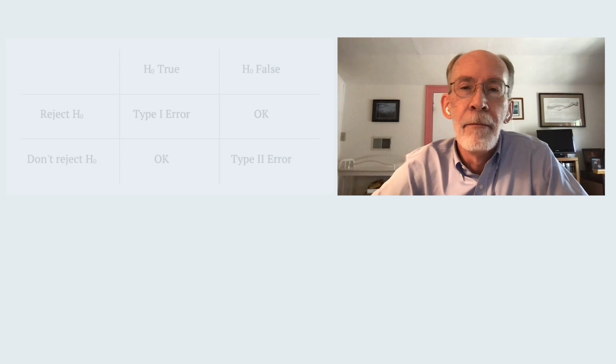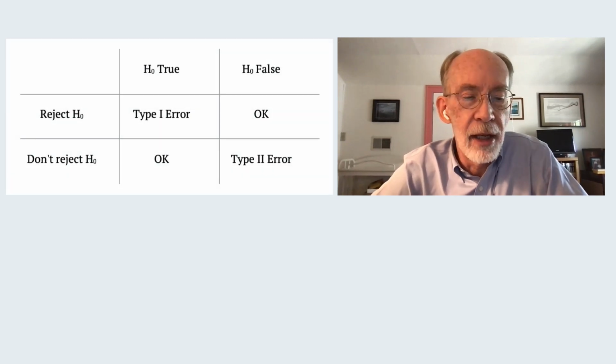We should say something about errors, because unlike much of the rest of the math with which you are familiar, it's possible for the result of a hypothesis test to, in some sense, be wrong. And this is a bit of a departure, right? If you think about geometry, you have a right triangle with sides of lengths 3 and 4, then the hypotenuse has just got to be 5, period, end of discussion. That is a cosmic certainty. But in the case of this testing process, one can get a wrong result, and you'll see a little table on the screen that describes how that works.